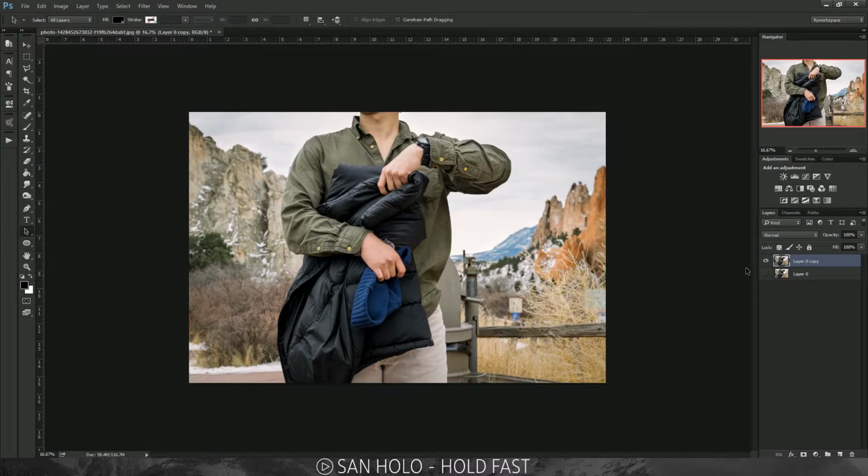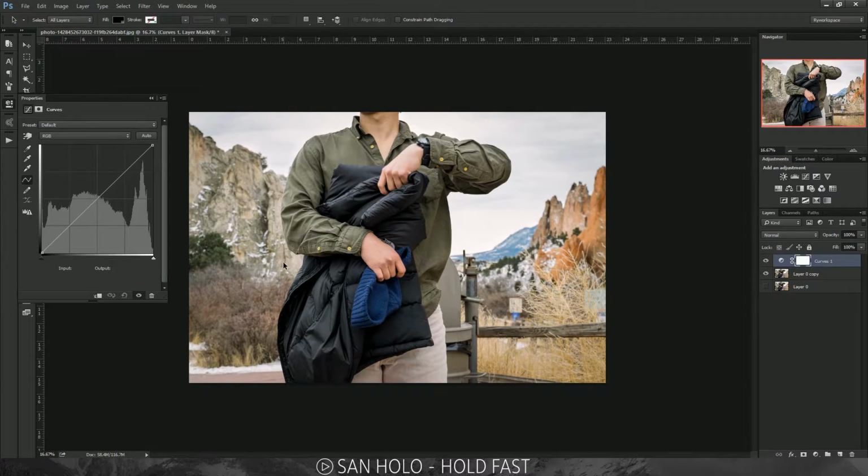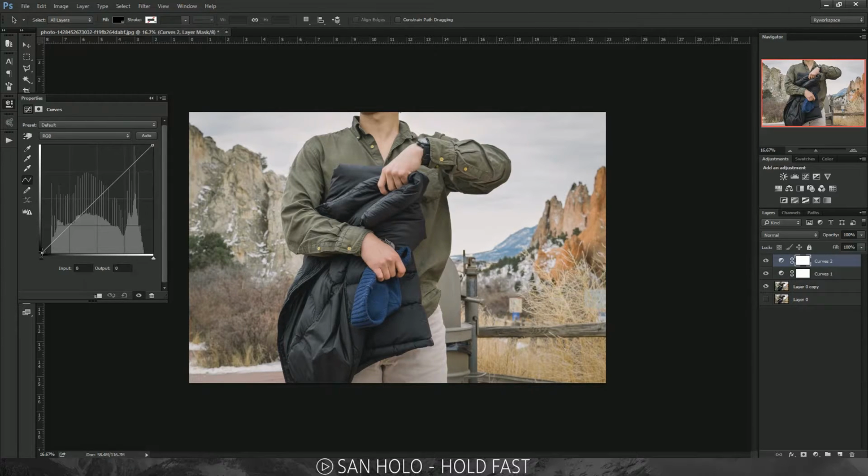And the first thing that I like to start off with is the curves. So I'm going to bring the black colors, the shadows, a little bit up, and the whites and the highlights a little bit down. So far, do you see a difference? It's subtle, and you really wouldn't notice it that much. But next up, let's put another curves, and this time we're gonna bring the shadows in